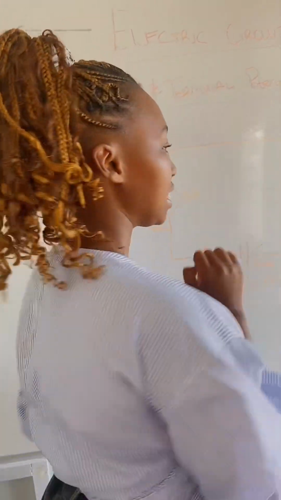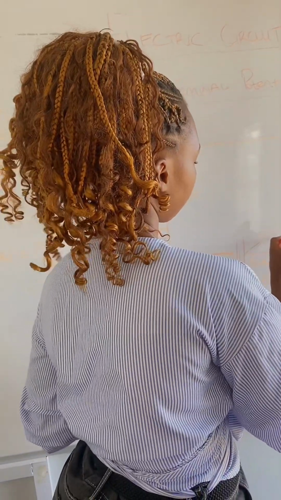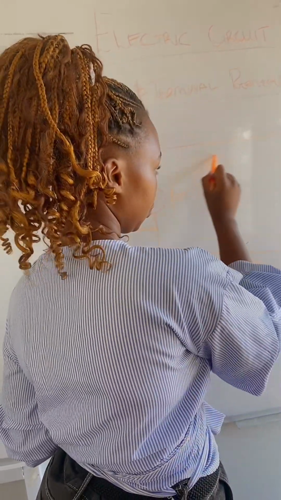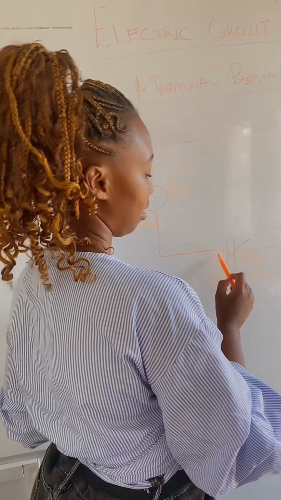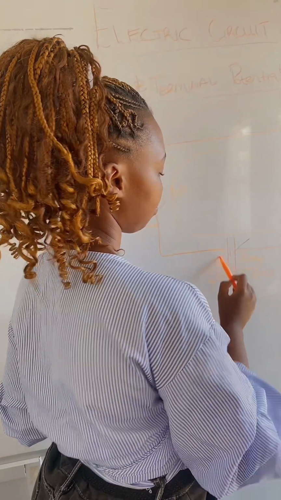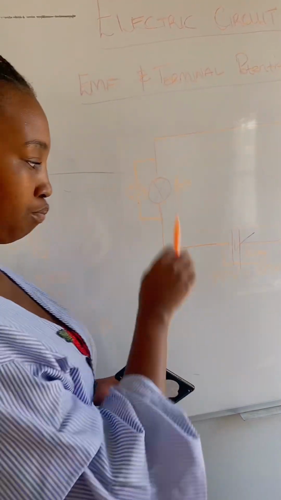Potential difference is the amount of charges that flow in our circuit, and EMF is the value that is the potential